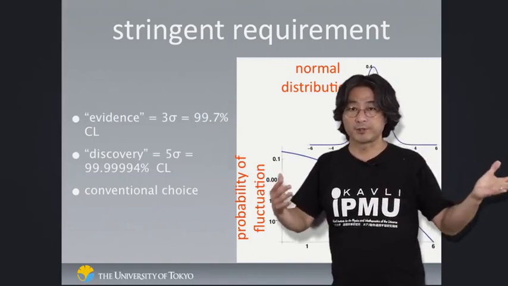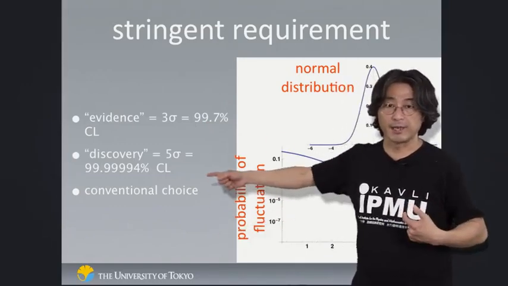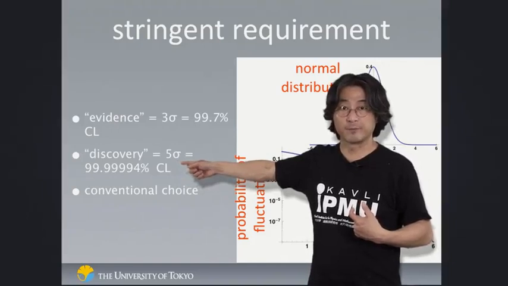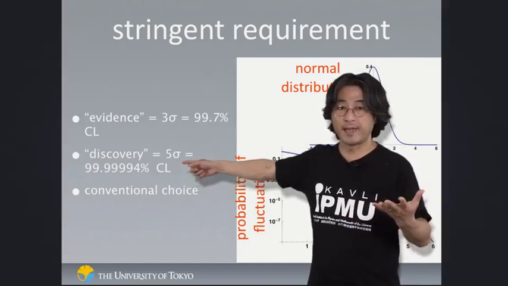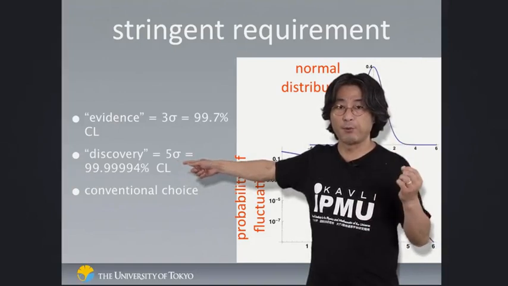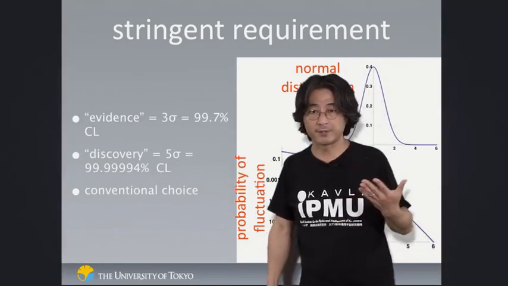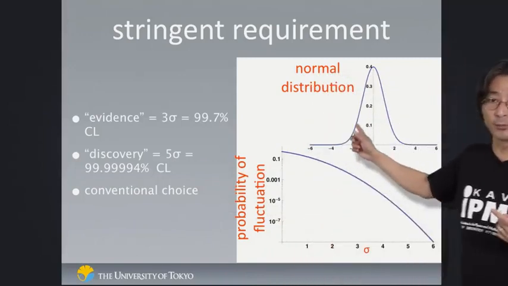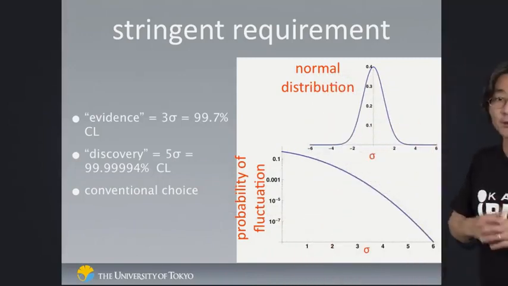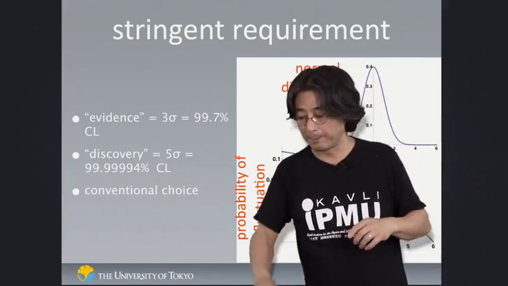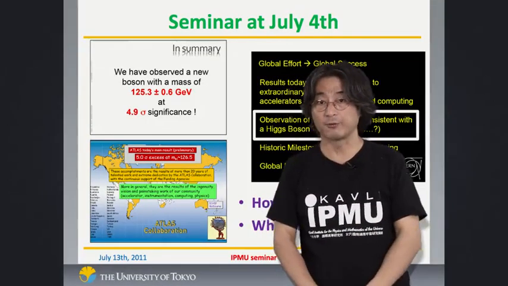But when you would like to say you discovered something, you would like to be sure 99.99994% sure. There's a probability of mistake only at the level of 0.00006%, and that is called 5 sigma based on this normal distribution of the errors. And so this is just a conventional choice for claiming discovery, but this has been actually kept quite well in